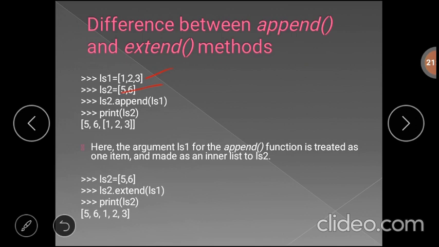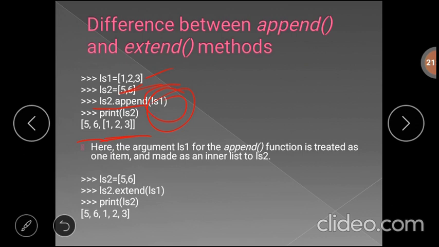Now ls2 dot append ls1 will consider ls1 as one parameter, or one item. If you print ls2, it will print 5, 6, the content of ls2, and then 1, 2, 3 as an inner list. It considers ls1 as one item.